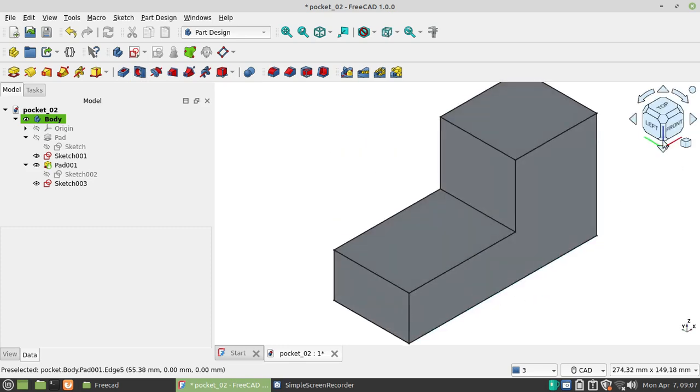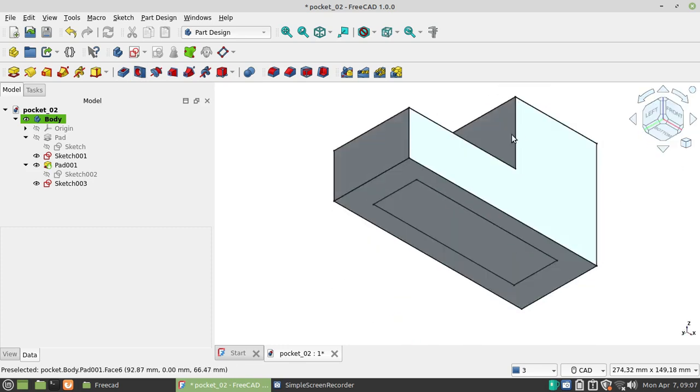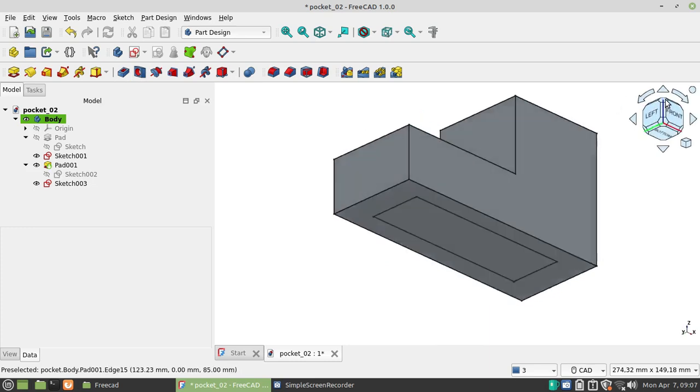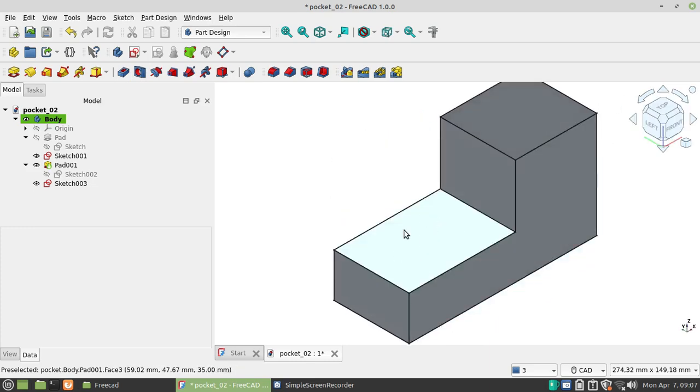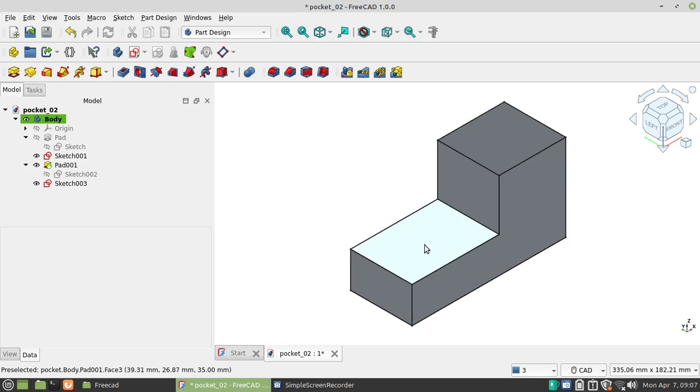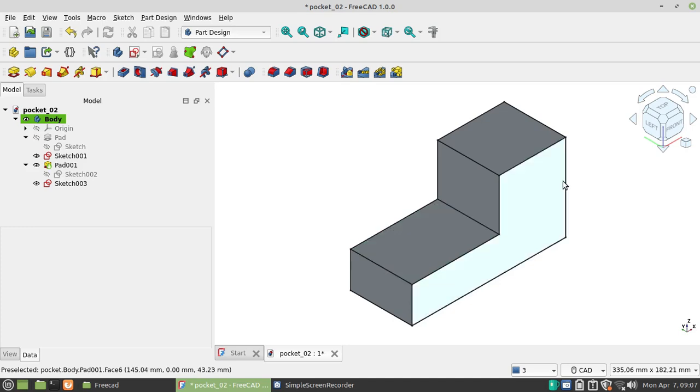The pocket is stopped at the first surface in here. I will repeat again: the pocket will stop at the first surface.